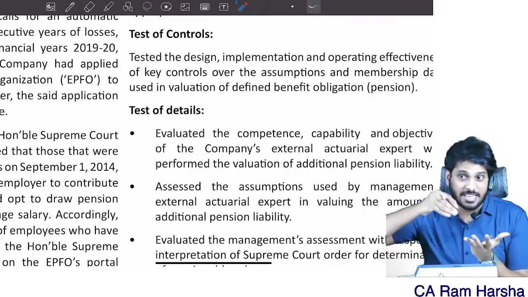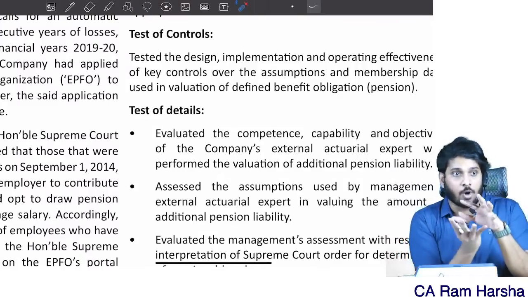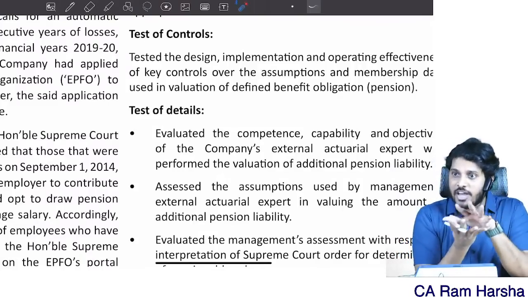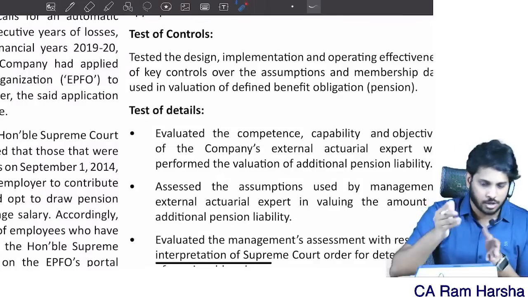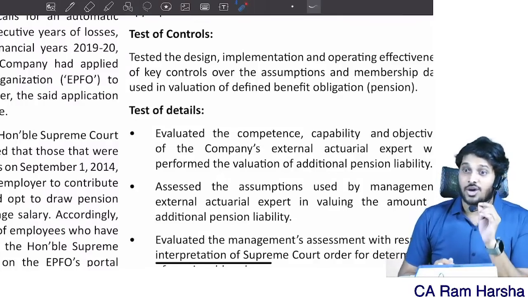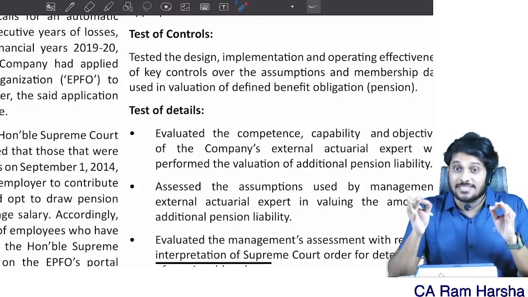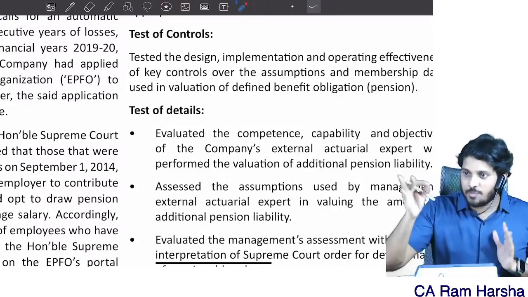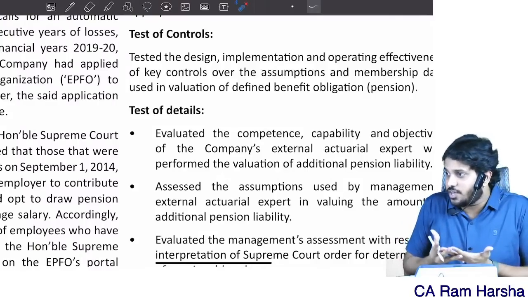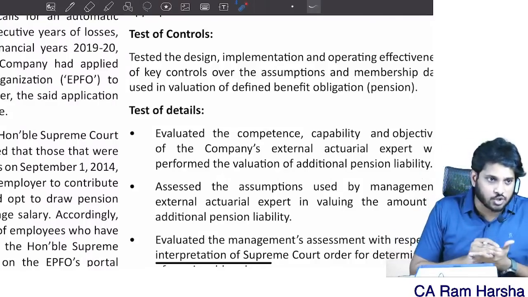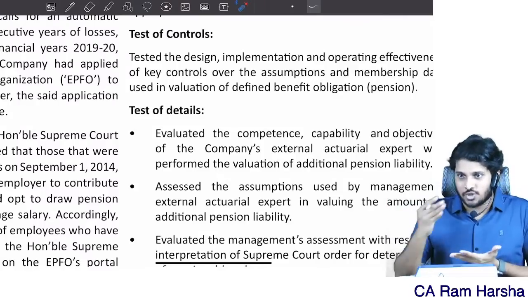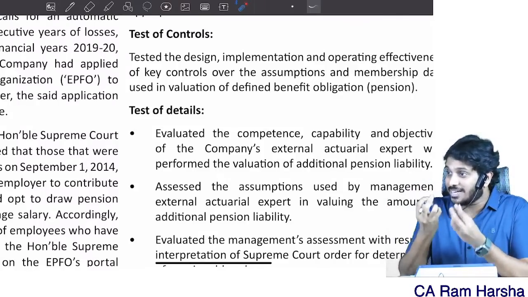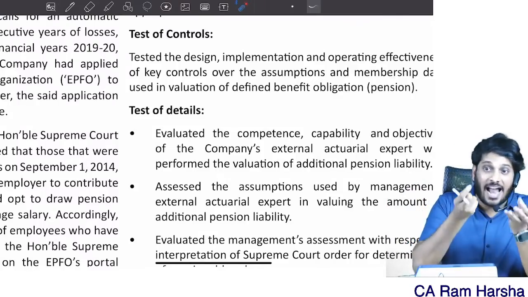Even if something is not there in the financials, you want to talk about some audit issue, the issue that you faced in audit, which you feel is important, you can discuss it here. So key audit matters are nothing but those matters which caught the attention of the auditor. All those matters are called what? Key audit matters. So key audit matters are those matters which caught significant attention of the auditor, and it is